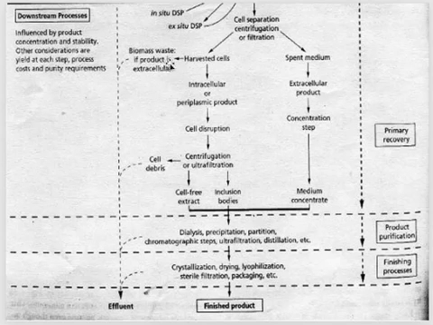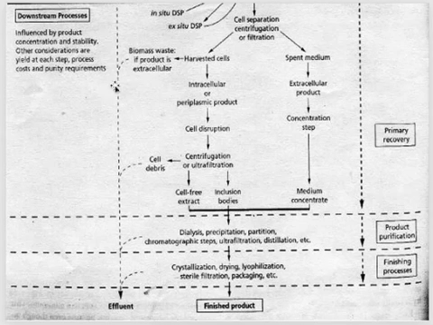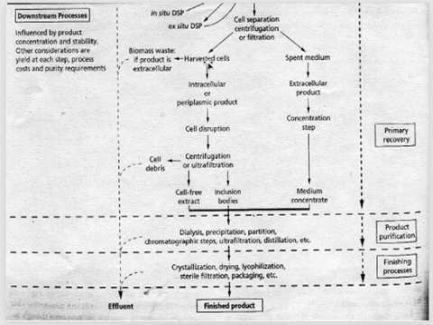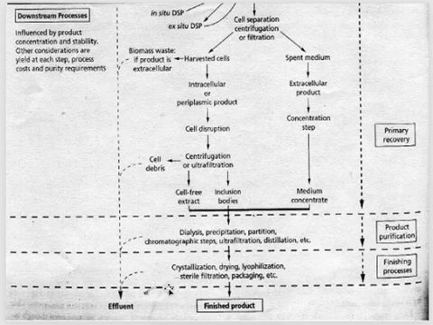Suppose, for example, in this case, you collected your media. You got the biomass, the cells, as a waste. Or your product is in the cell, so you harvested the cell. The spent media itself is a waste. Where you disrupted the cell, you get cell debris. And during purification you get some more waste products. So every step you'll get some waste products, and you just cannot throw this waste in the environment,